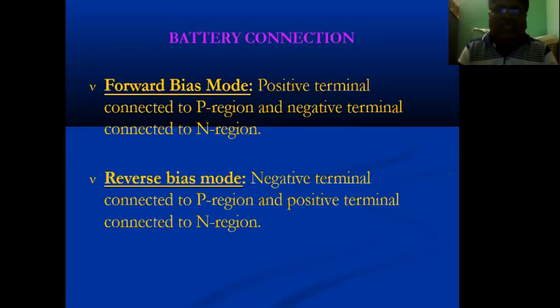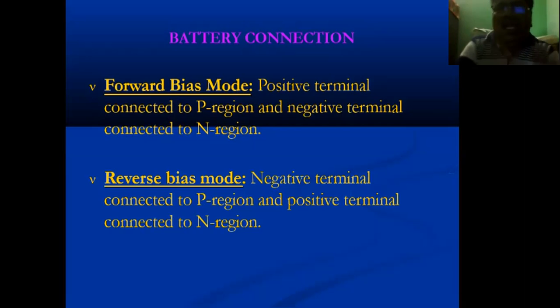Okay, so this is biasing. That means a power supply should be there. Power supply is compulsory; only then is it called bias. Without power supply, that is not called bias. If power supply is there, that is called bias, either forward bias or reverse bias, whatever it may be. Whenever power supply is there, that is called biasing. When it is forward biasing and when it is reverse biasing, that is the next point. What is biasing? Biasing is nothing but power supply. Without power supply, that is called unbiasing.